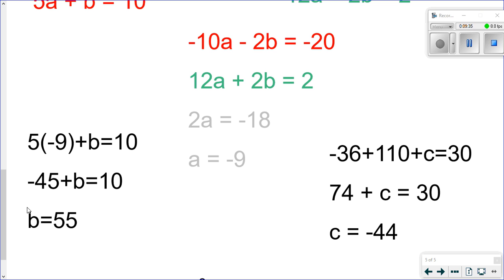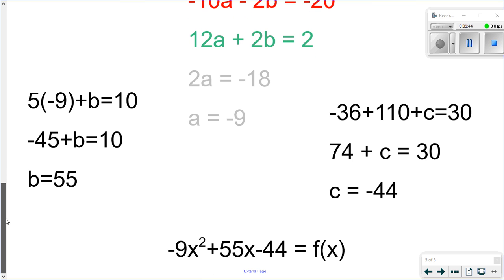Now in this case, because I came up with those points, the data values to begin with, this doesn't really make sense because c would be our y-intercept or our starting point, and clearly I didn't start hitting the ball when I was negative 44 feet deep. So in that case, it's a little messed up because I created it. But we have,